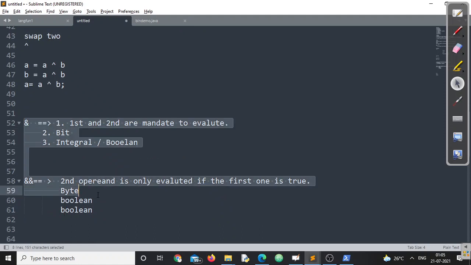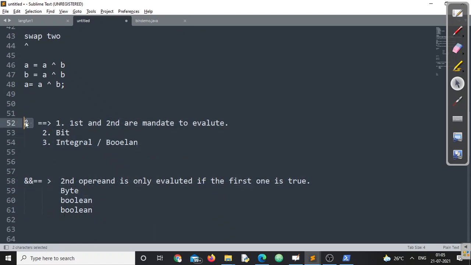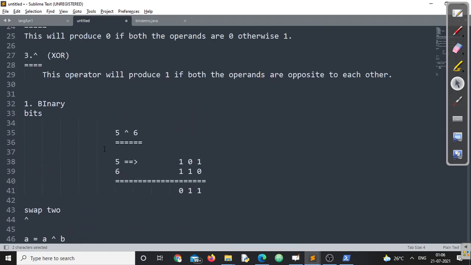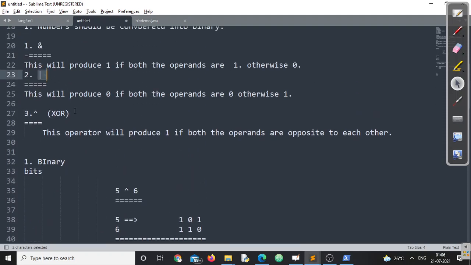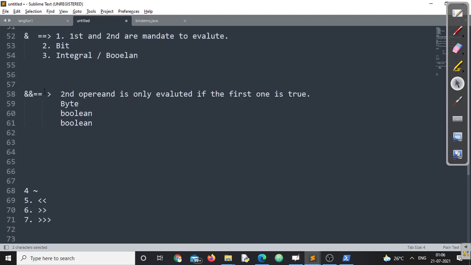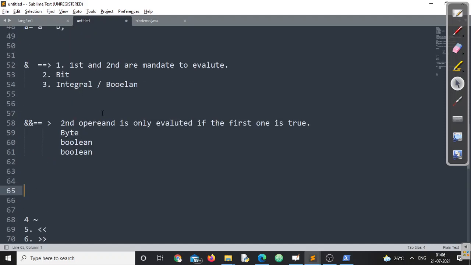Remember the difference between these two, bitwise AND and logical AND. Similarly, you can also figure out the difference between bitwise OR and logical OR, right? You need to answer that question by yourself. Remember, this is a very, very vital question for your interview room. Make sure you understand this point, right?